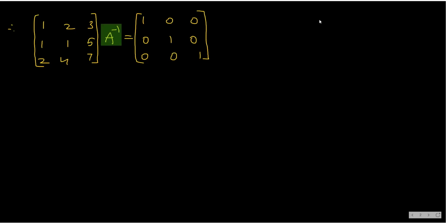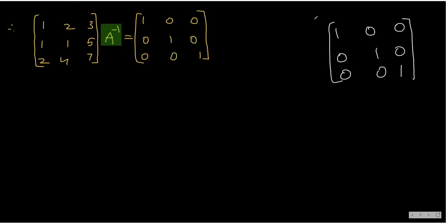So what did I say, students? What is my aim? My aim is to convert this matrix into the identity matrix. In place of that matrix, what I want is 1 0 0, 0 1 0, 0 0 1. Please understand how we will get this. There is a procedure. You will follow that procedure. See, the first step is I will try to get this one.